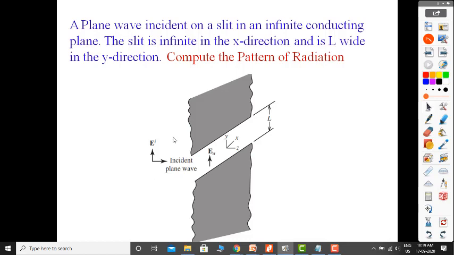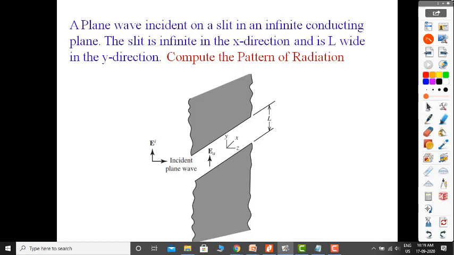So in the last class, we discussed the Huygens principle, and we formulated it in the form of the equivalence theorem. Then the equivalence theorem is modified by assuming that the field inside the closed volume is 0, which is called Love's equivalence theorem. This technique is used to compute the electric and magnetic fields induced by the source electric and magnetic fields, especially in aperture type antennas.